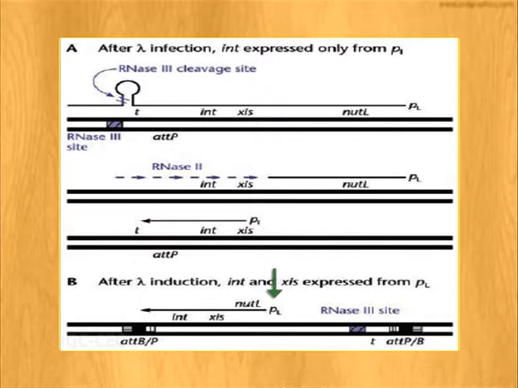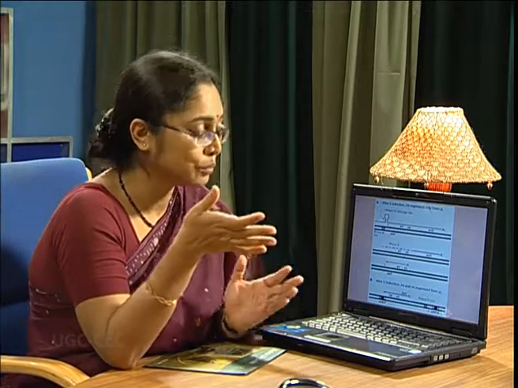transcription will start, but since no RNase 3 cleavage site is present here, it will not be degraded, and this transcript is very stable. Now both the Int and Xis proteins, enzymes, will be synthesized, and they will help in the excision of the lambda genome from the integrated stage. Excision of lambda genome is again